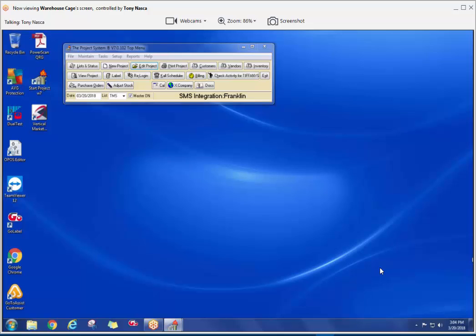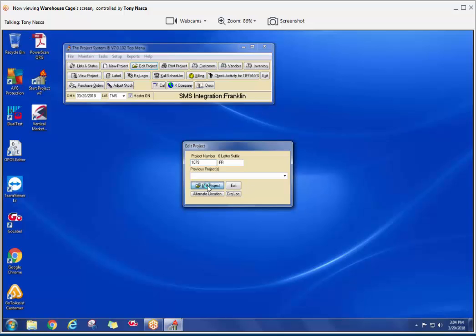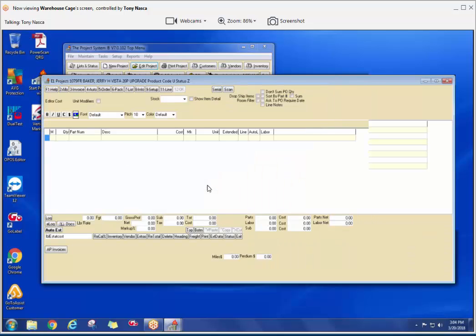So, advanced replacement, RMA. It can be in a project or in a service ticket. It doesn't really matter. If it's a project and you have to send one back, you can do it there, or you could create a service ticket for that advanced replacement. But either way, if we take a project, for example this project we were just in,